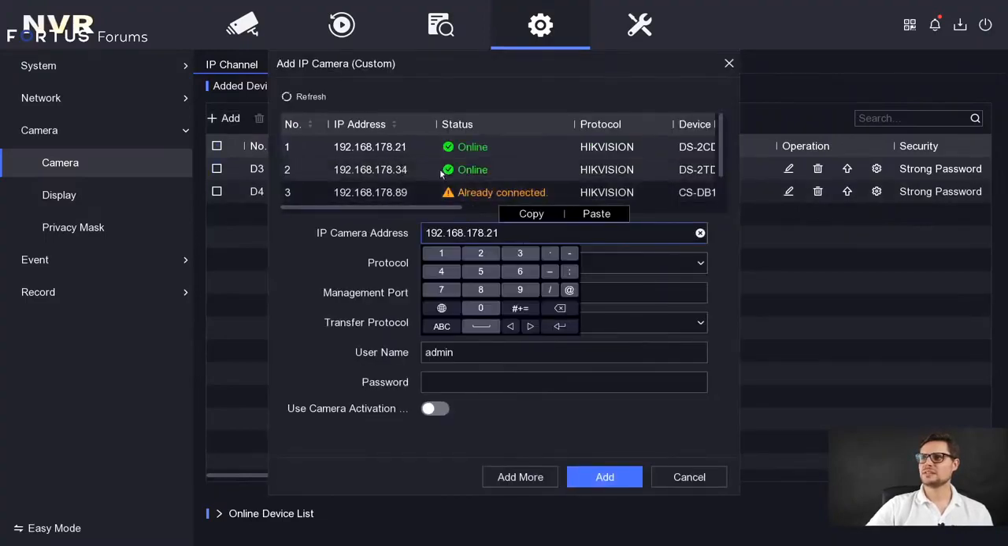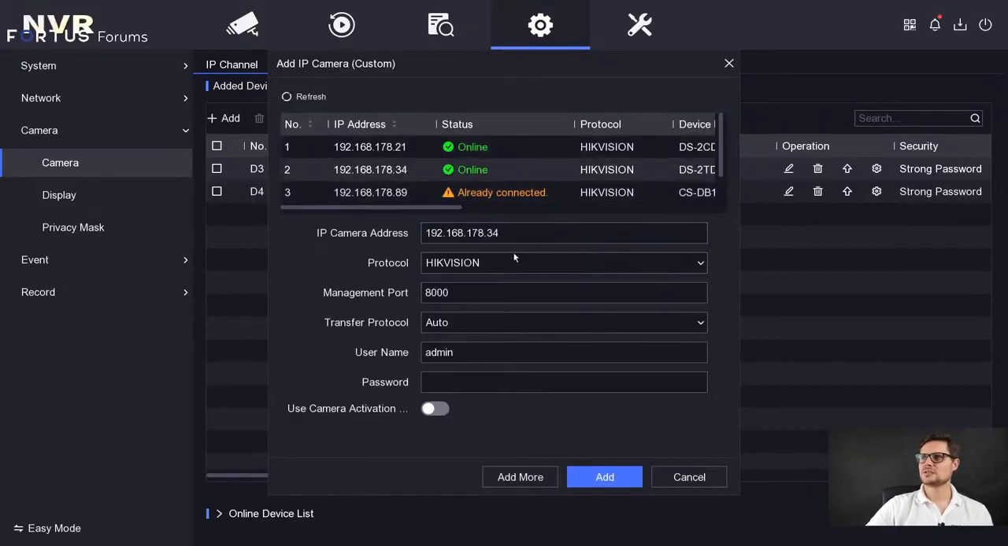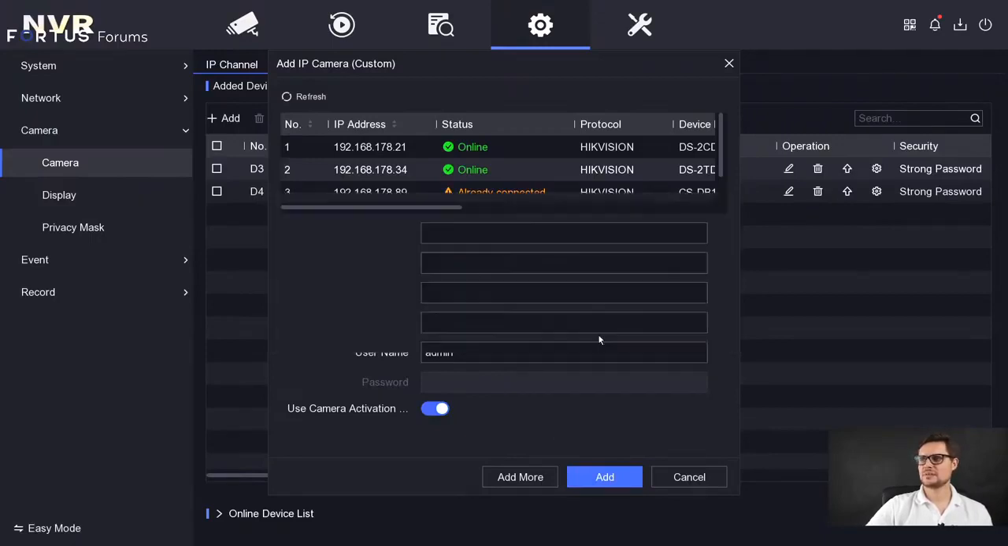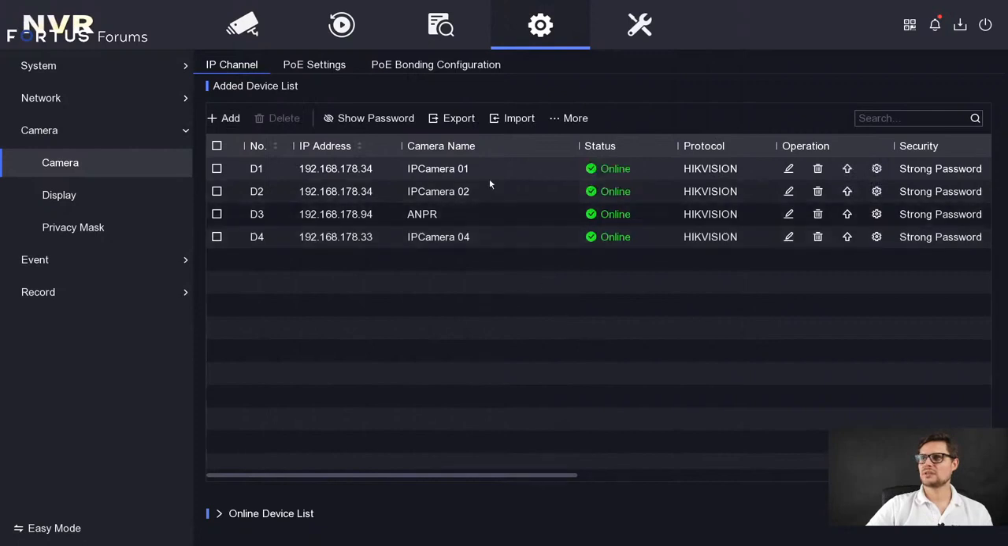So I can just manually enter 34, that was the IP address. I can just use the password the same as the recorder. So you see I don't really change anything else. I just click add, and the system will automatically detect how many channels this device has. So just select both, and you have both connected straight away without typing in any password if the cameras